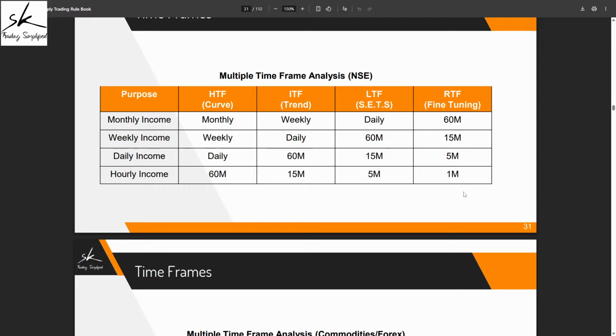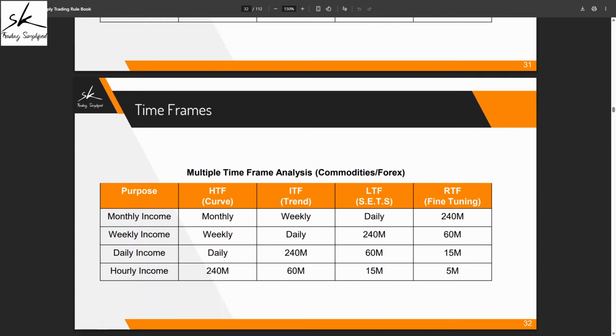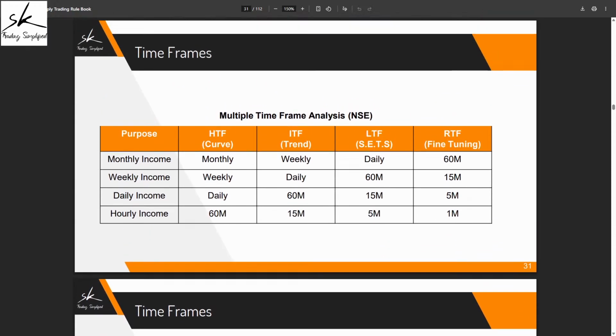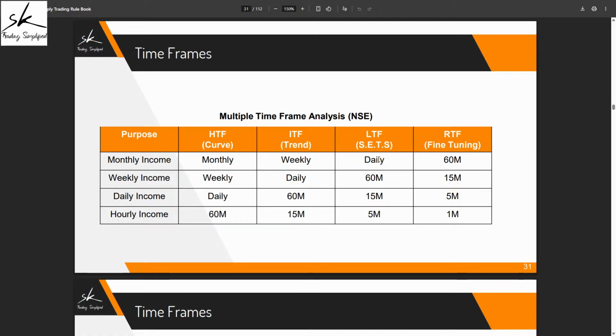You get the answer from this table. Now mind it, this table which is on page number 31 is specifically for the NSE market, because this market is only open for 6 hours and 15 minutes. But if you're trading markets which are open for longer durations, like commodities, forex, some international markets, cryptocurrencies, then you can look into the table on page number 32. Since I'll be taking examples from the NSE, I will be following this table. And because I opted I want to plan monthly income trades,